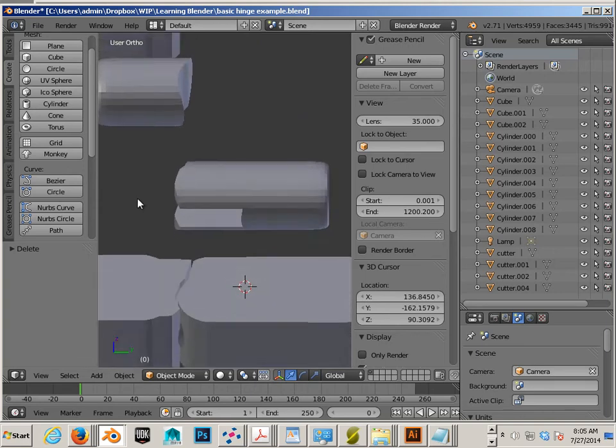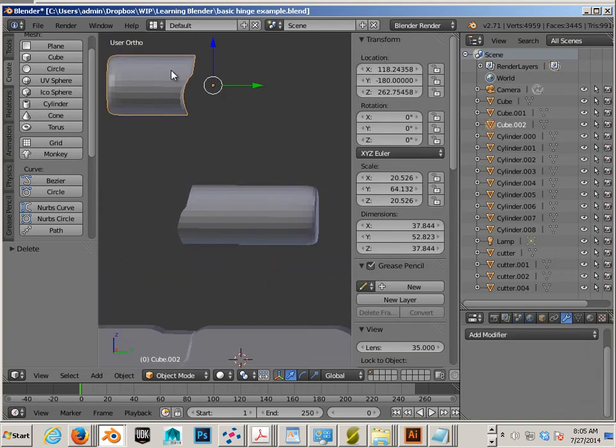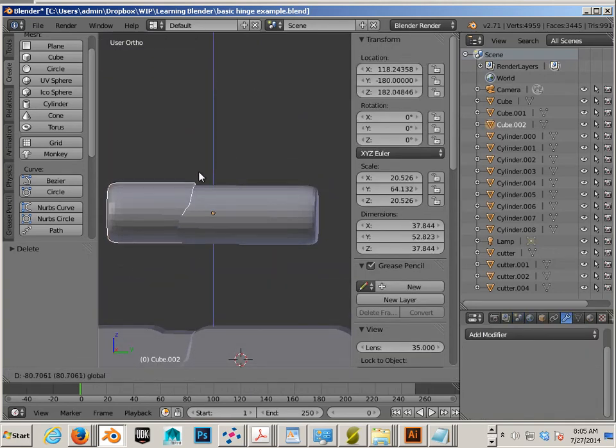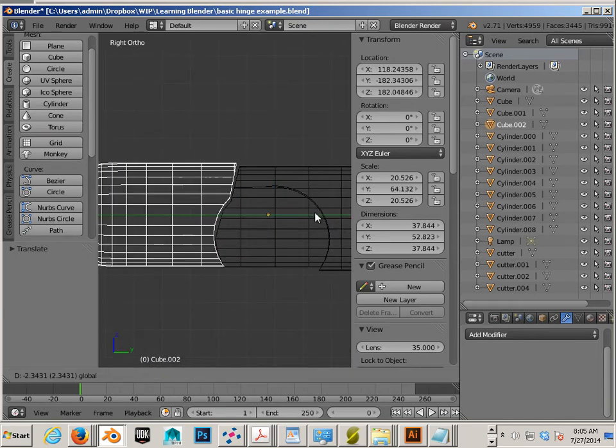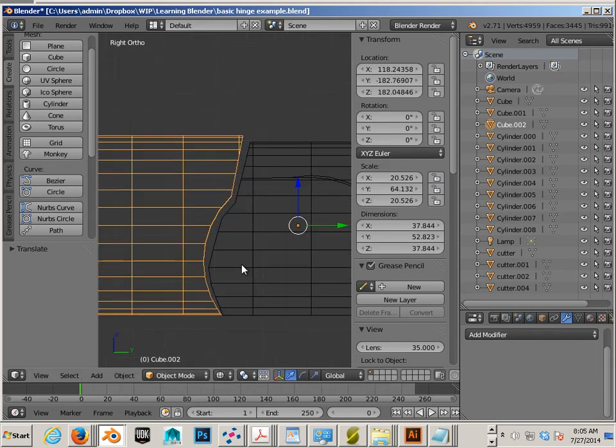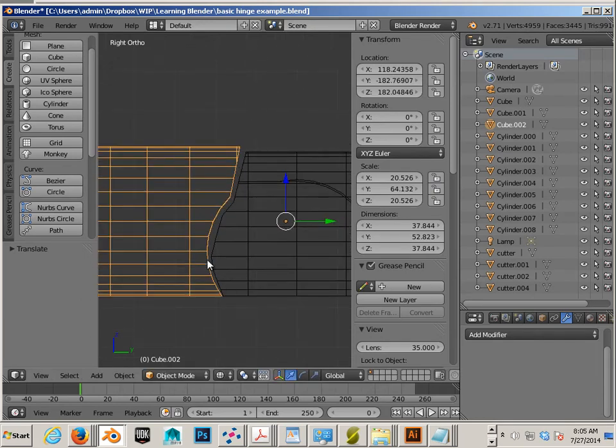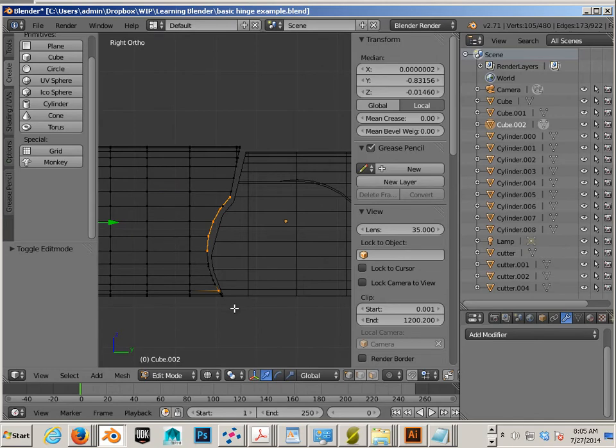Alright, see that? Not too bad, right? So I got my forms. I got my groove. Now if I was to bend this, if I rotated it around, it would rub right in this area. Okay, so